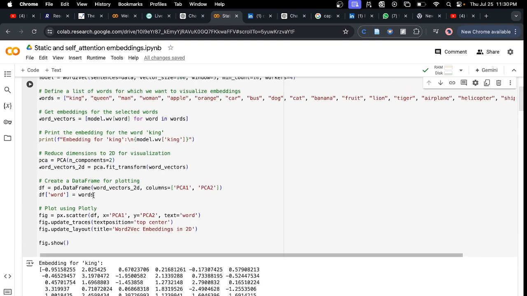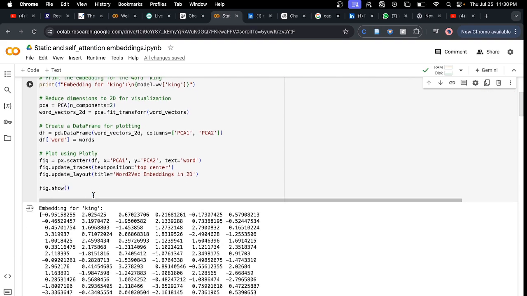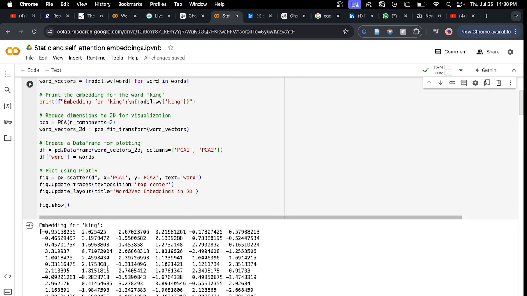And the next thing is that we want to check whether the semantic relation is preserved or not. I mean, king and queen have to be a bit similar when we see the words in terms of royalty or something like that. But is it the same when we transform it to numbers? Is that similarity preserved? So to check that, we have plotted the embeddings. Since this is a 100-dimensional vector, we can't plot it